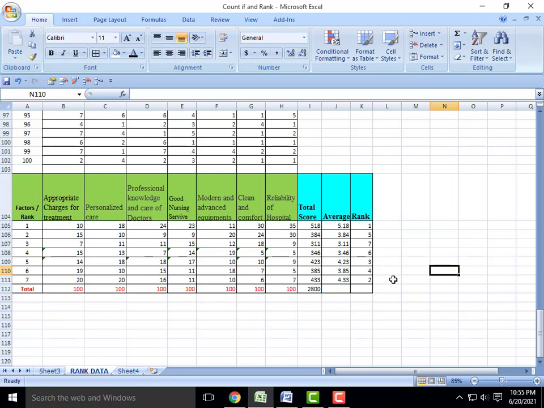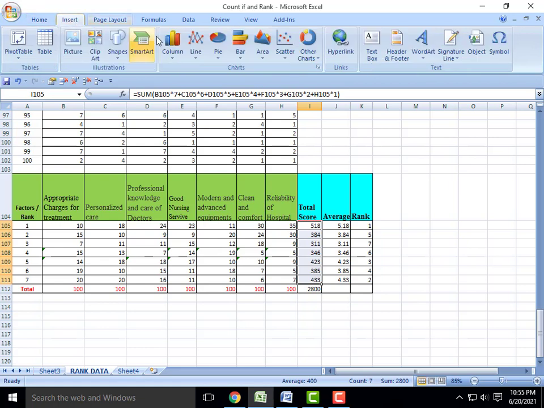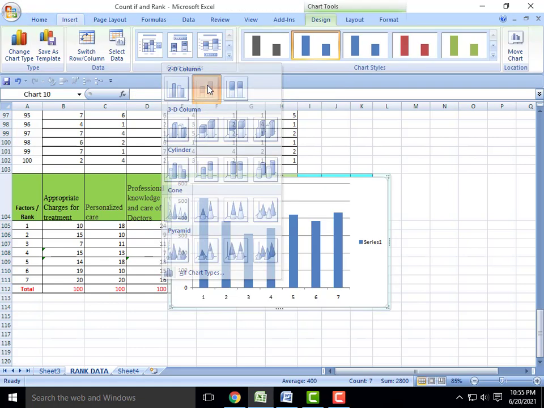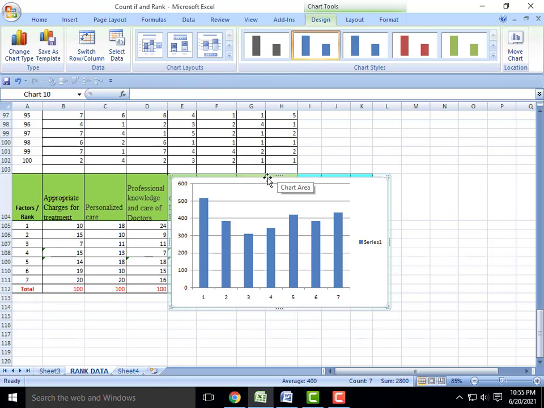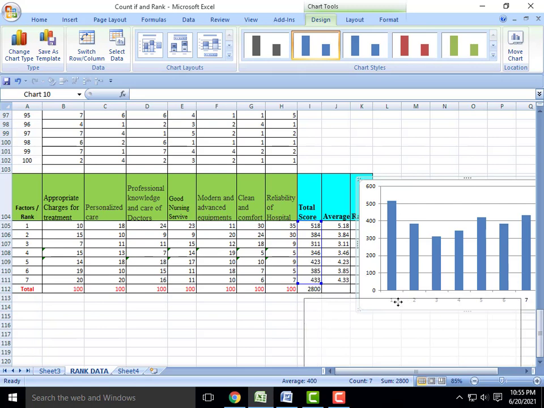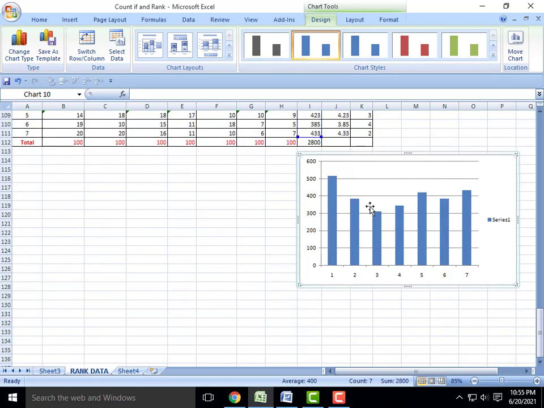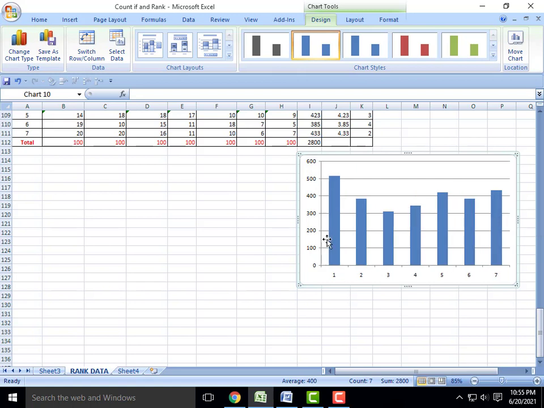Now we can see how to draw a chart for this rank. Let us take this total score, select the total score, go to Insert, click Column, and you can get the diagram. You can move it wherever we want, and if you want to make any changes you can make them in the diagram.